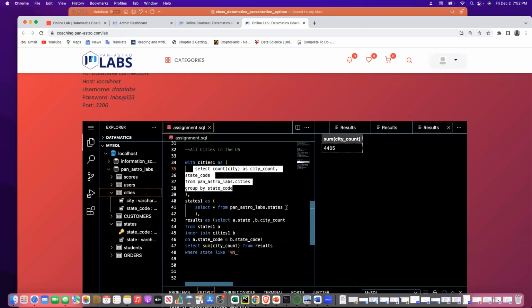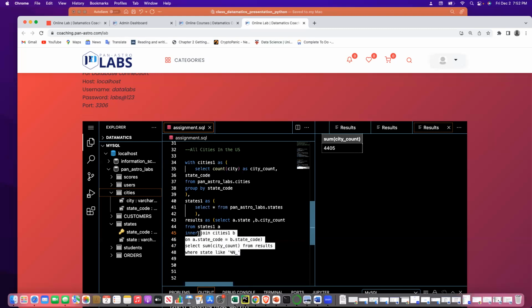Then I also called in the states. Then at the same time, I decided to bring my results here. Do you know I can do a join with this one? I can join these two queries together and knock them out from here, because you remember state code also exists in the states table. So I don't need to bring it in. So I can just do this. Where state_code like,